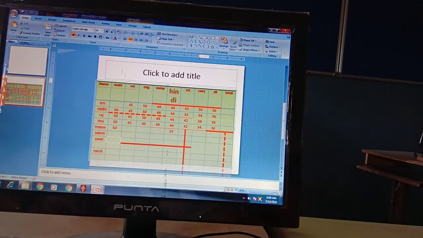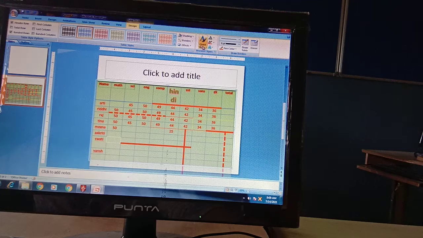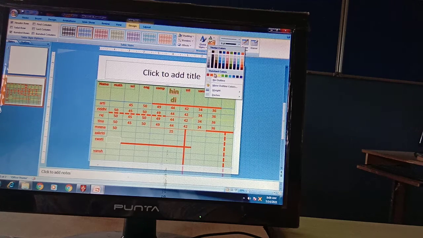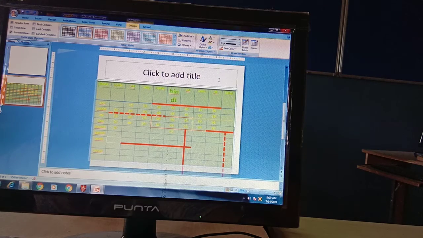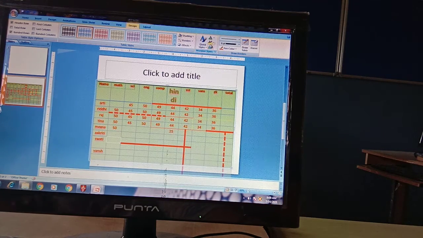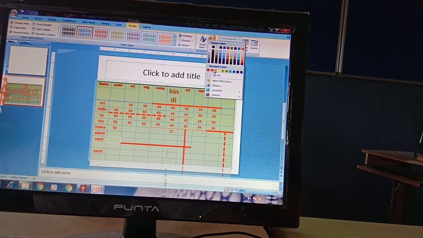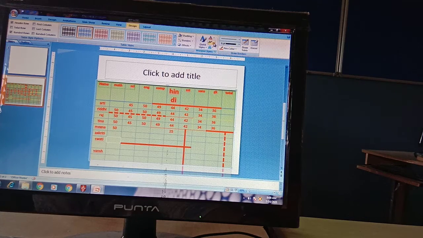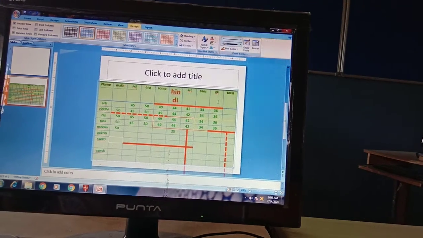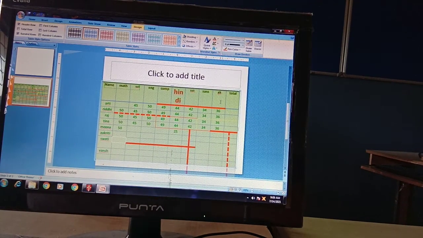Or either you can have the inner color yellow and the outer color green. Okay, so this is how you can change.